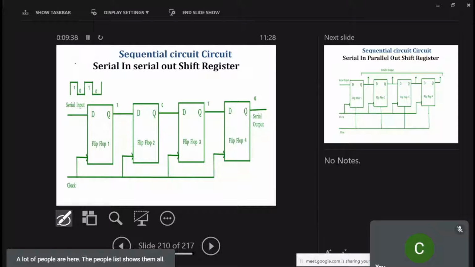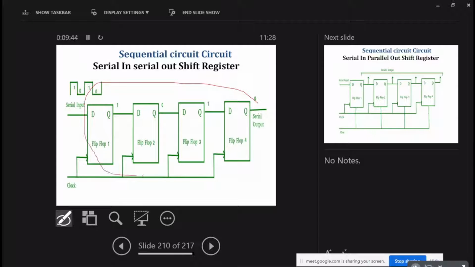Here we are talking about the 4 bit information. If we talk about 4 bits, we require 4 flip flops to hold that information. How will it hold the information? We are taking a D flip flop. We know the functionality of the D flip flop: at the arrival of the clock, whatever is at the D terminal, we will get that at the output terminal. So this is the data or transparent flip flop. We want the information we input to be present at the output of the flip flop. That's why we are taking a D flip flop here.